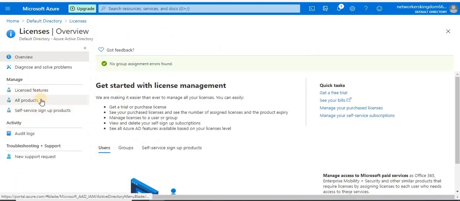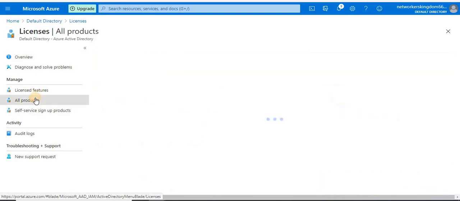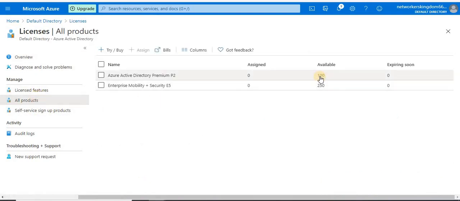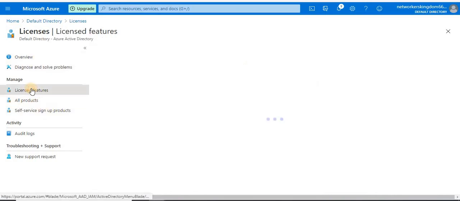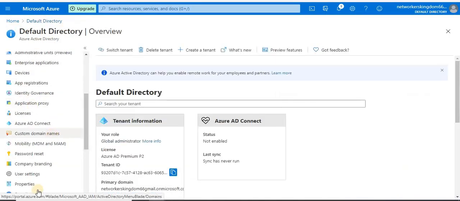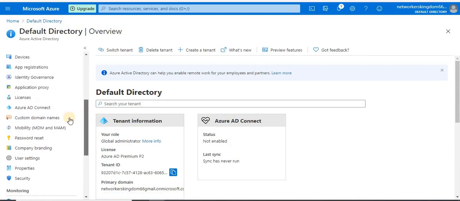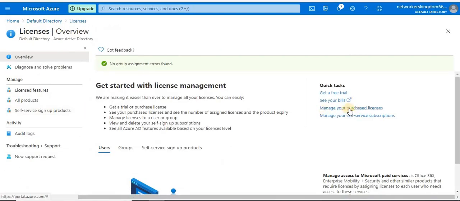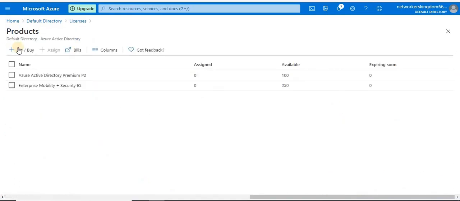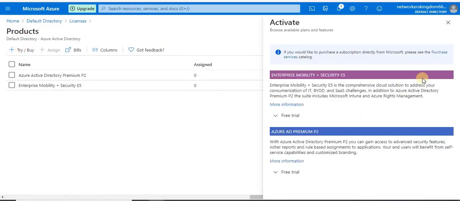Looks like it will take some time. Products. No, it is still showing 100. Okay. Let me see. Licenses. Manage your purchased license.